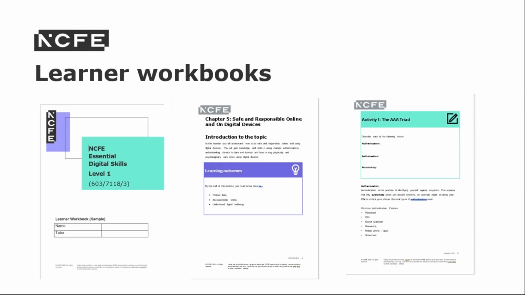And finally, our learning resources offer is to have the learner workbooks printed for you. And that's through our on-demand printing for learner workbooks. You can also order binders to store the workbooks in. And the learner workbook complements the resource pack by providing a comprehensive overview of the qualification. The workbooks contain clear and engaging directions for learners to refer to later, as well as practice activities to help recap and recall learning.